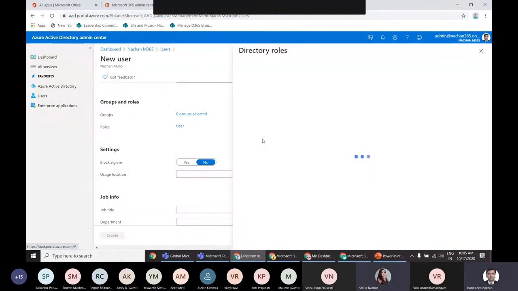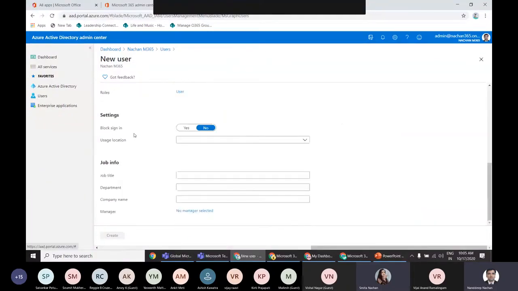Yeah. So the next thing is a setting. In settings, we have Block sign in. Block sign in is used when we want to create a user in advance, but we don't want to enable it. For example, let's say in your organization you are expecting a user to join on a certain date. What you will do is go ahead and create that user, but block the sign in access, so that when that user joins your organization, you will allow the user to sign in, and till that time you will block the user's sign in access.